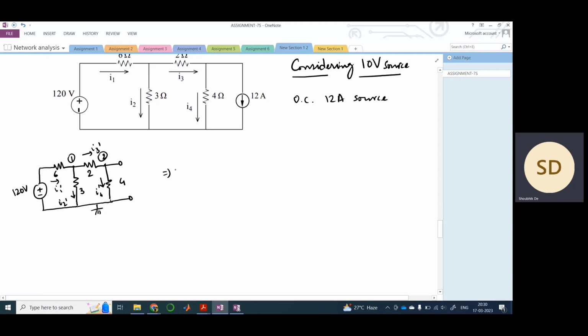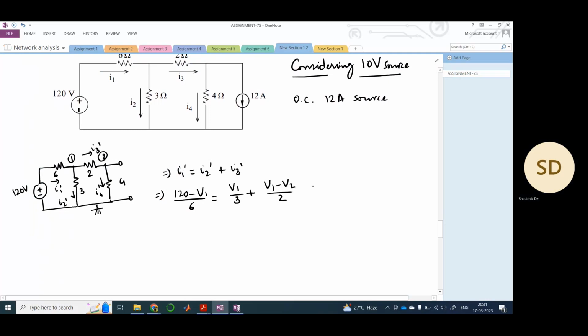Therefore, directly if we apply, see this is one current. So in the first nodal equation, what would be the equation? I1 dash would be equal to I2 dash plus I3 dash. So what is I1 dash? It is (120 minus V1) divided by 6 equals V1 divided by 3 plus (V1 minus V2) by 2, right? So if we solve this equation,